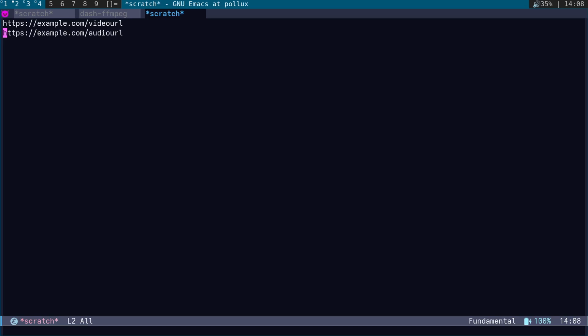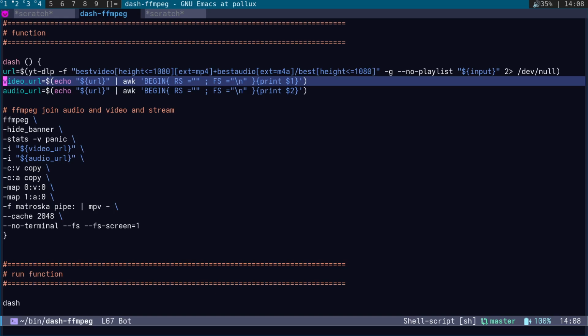The reason why we need to do this is because MPV can't play two separate streams. You can't give it a video stream and an audio stream and get it to play both of them and have it synced up as a normal video would play. So what we have here is